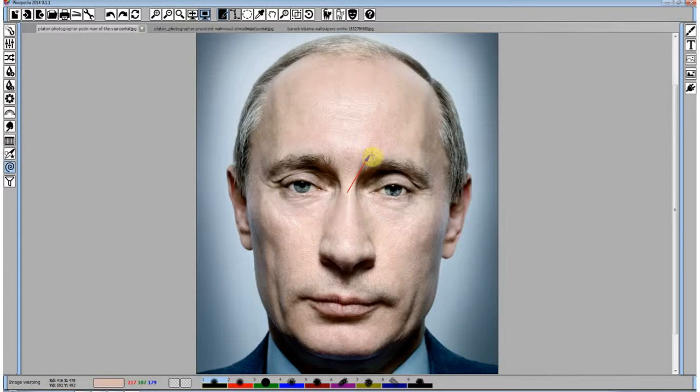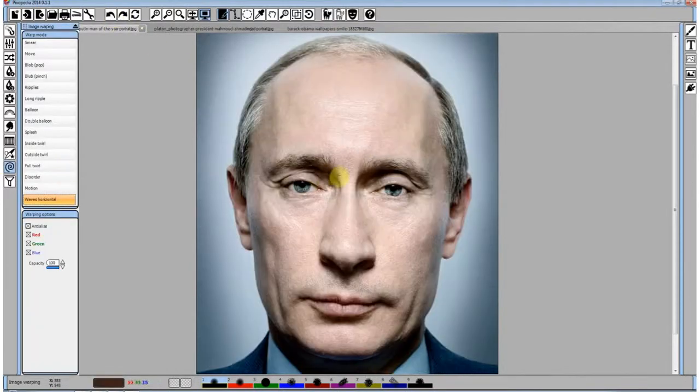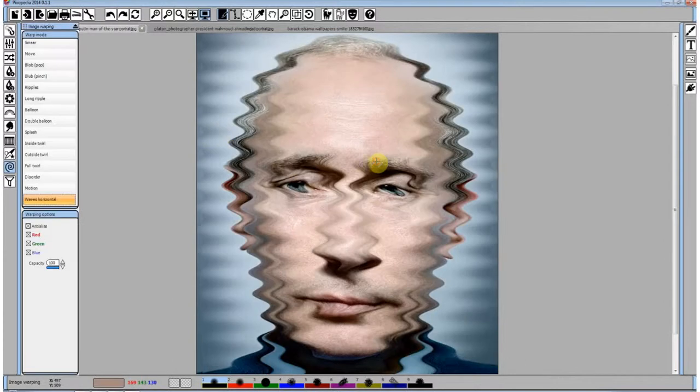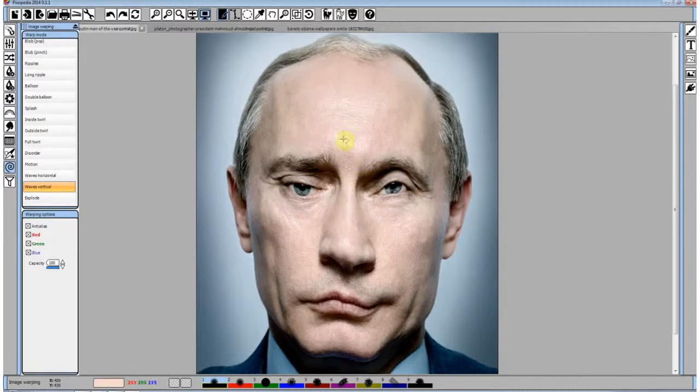Frequency and amplitude of the trigonometric function which performs this warping is controlled by this arrow we drag. It can be wider, smaller, etc. Horizontal waves, vertical is doing it in vertical direction.